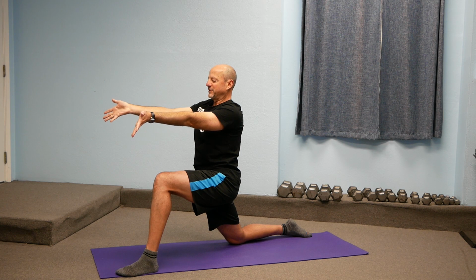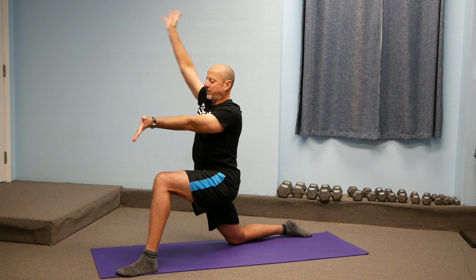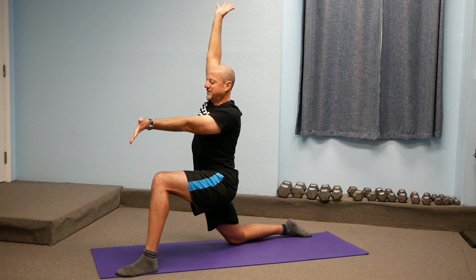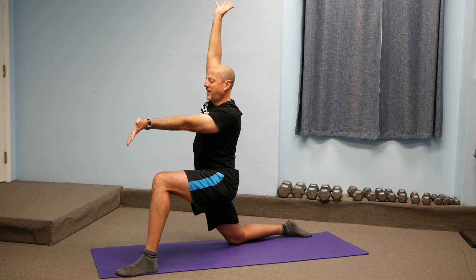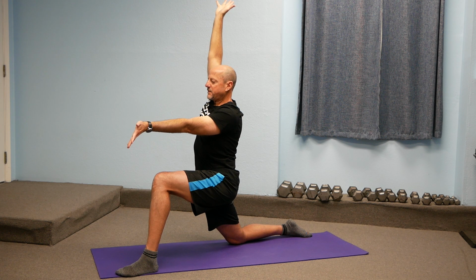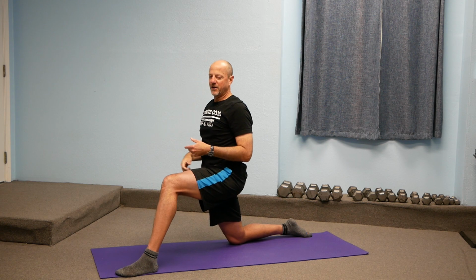That typically doesn't feel nearly as much of a stretch for me, so I typically don't go here. The one I actually feel the most, especially on this side, is my left arm out in front, right over the top of my left leg, reaching way out that way, and my right arm straight up towards the ceiling. This is the one that I feel the most. And so then I'll do 5 to 10 breaths in this position, really lengthening and stretching everything out